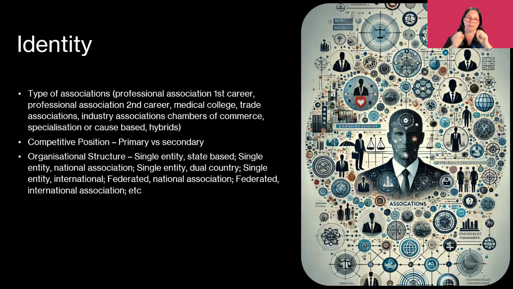I mean, look at recruitment. First career professional associations tend to recruit from universities. Second career tend to recruit in other ways. Of course, then you've got your medical colleges, trade associations, so like plumbers, which is a completely different area again from industry associations. And I know a lot of people use industry bodies and trade bodies interchangeably. You shouldn't, because they are 2 very, very different beasts. And the drivers for each are quite different. With trade associations, you're generally seeking pathways in for apprenticeships and things like that, whereas an industry association tends to represent businesses and advancing that particular industry.